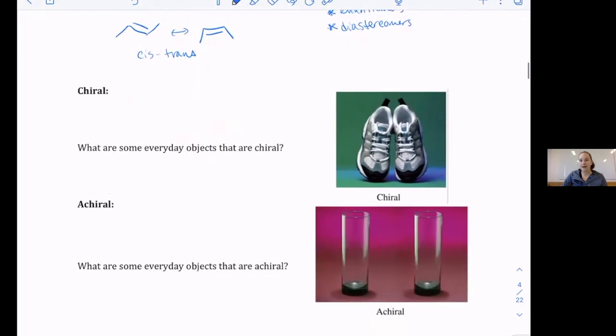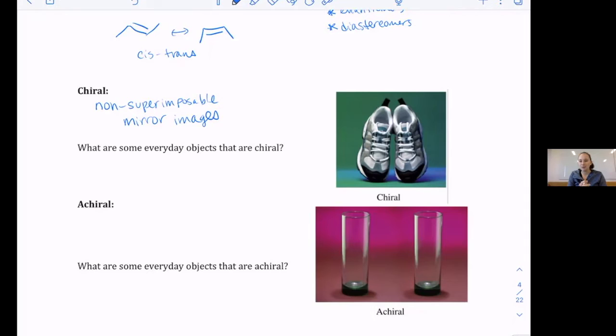So I said this word chiral. What is chiral? The definition of something that is chiral is that it has non-superimposable mirror images. For example, you see these shoes. If you take the mirror image of one shoe, so if you put a mirror right next to it, you can see that the other shoe is the exact mirror image, but if you put them on top of each other, they're not the same, right? They're not exactly the same